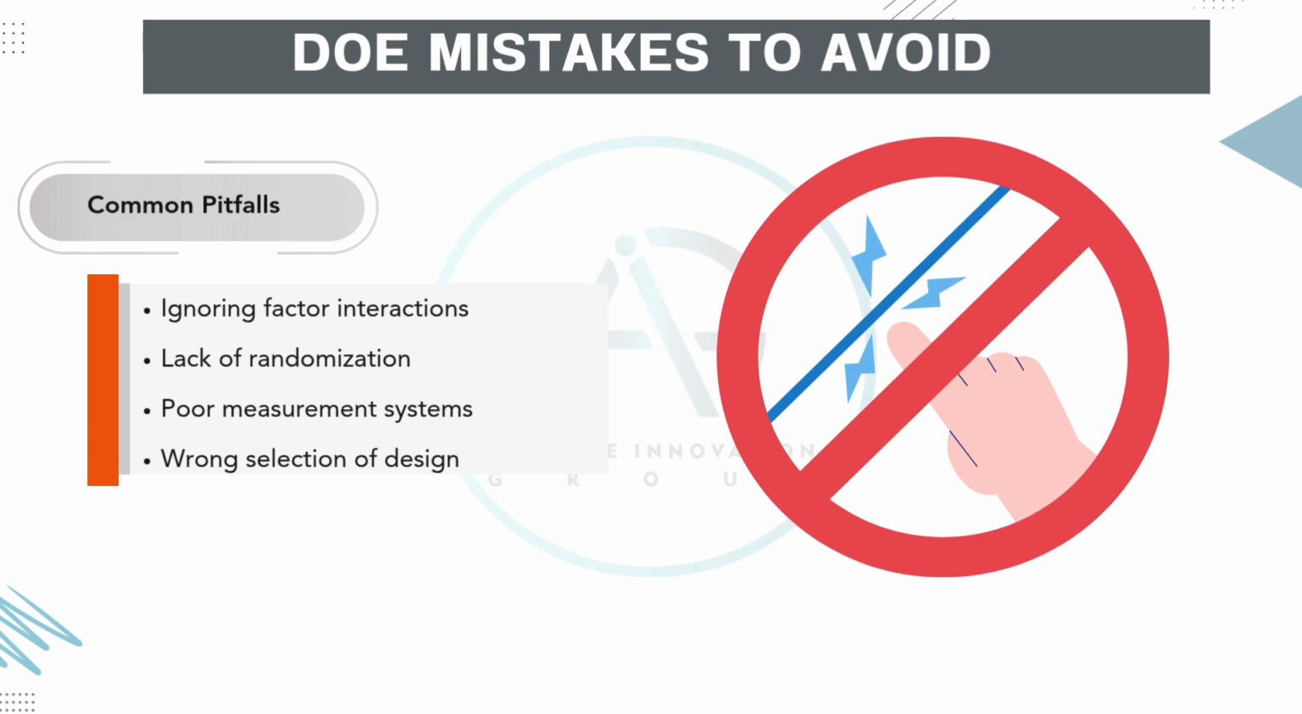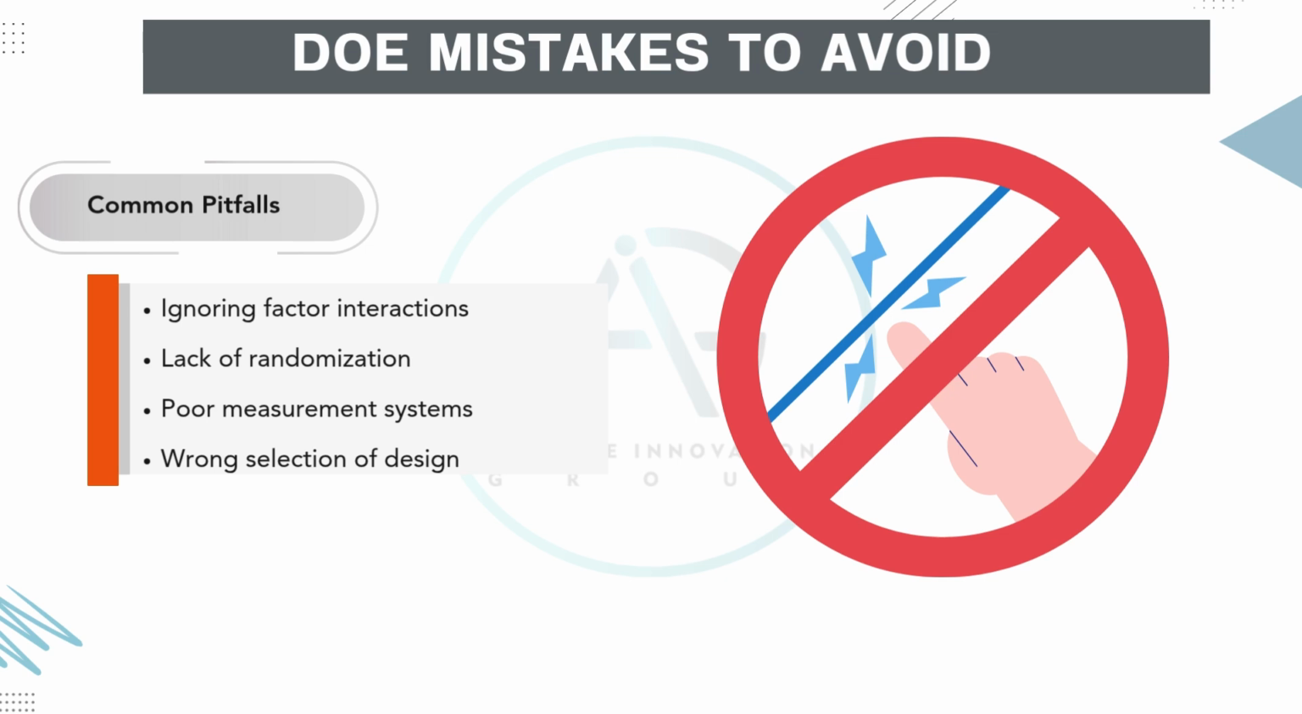results. Another common pitfall is using a poor measurement system. If the tools or methods we use to measure outputs are inconsistent or inaccurate, the data we collect won't be reliable, no matter how well the experiment is designed. Lastly, selecting the wrong type of experimental design, for example, using a full factorial when a fractional design would be more efficient, or vice versa, can lead to wasted resources and missed insights. By being aware of these pitfalls and avoiding them, we can ensure our DOE efforts lead to meaningful and trustworthy